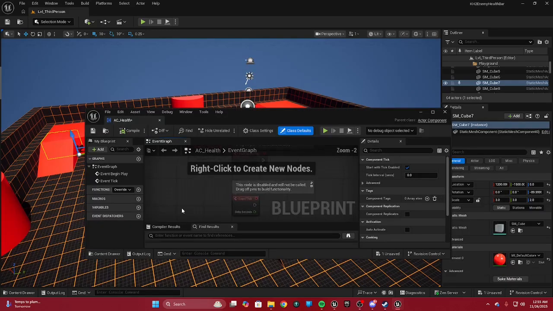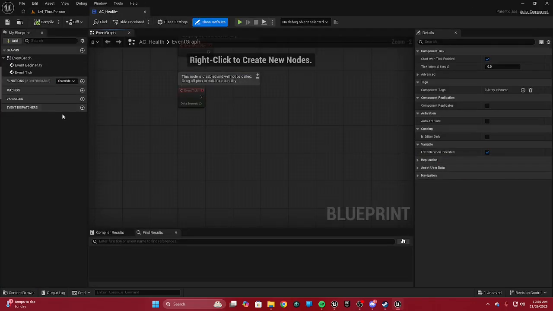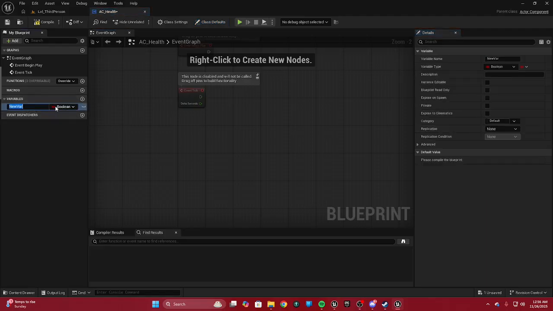Now, there's going to be a lot of functions as well as event dispatchers and a macro that we're going to be putting in here. So we're going to start with some of the variables. The first ones that we're going to want to add is